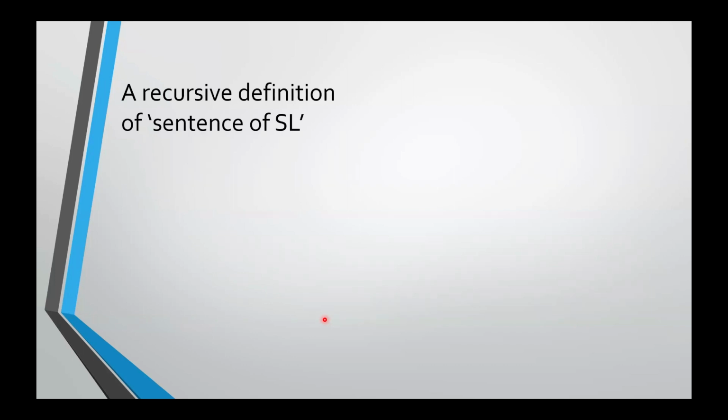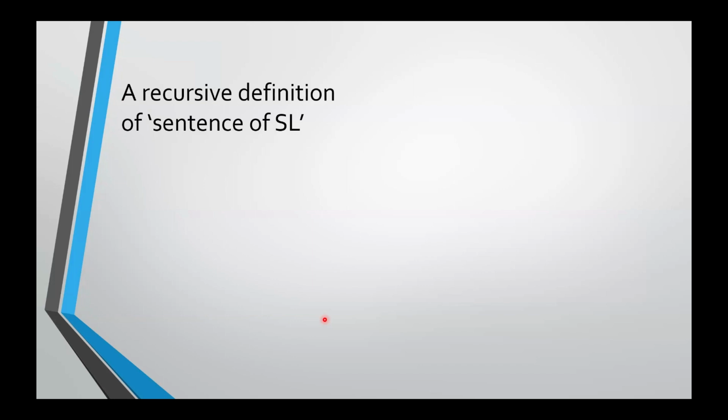We have a base step where you stipulate a bunch of things that will fit the definition. So we're going to stipulate a bunch of things that are sentences of SL. Then we will have an inductive step, which gives a procedure where you can take things that fit the definition and then make more things that fit the definition out of them. So the inductive step here will take things that are sentences of SL and make more sentences of SL out